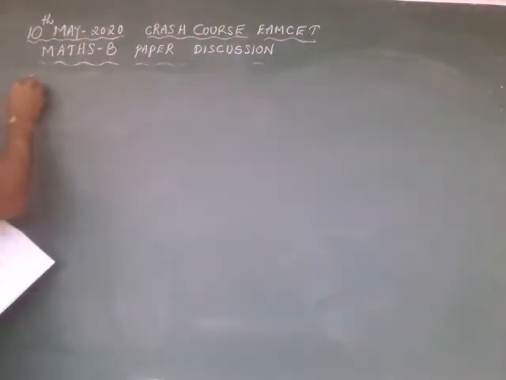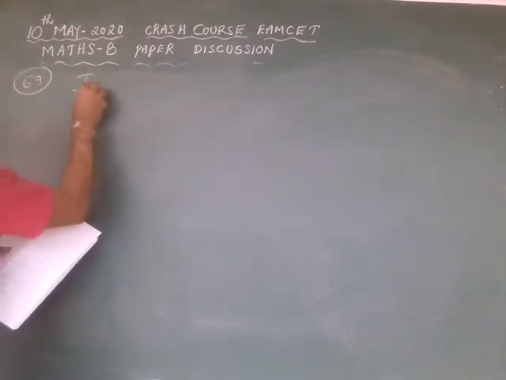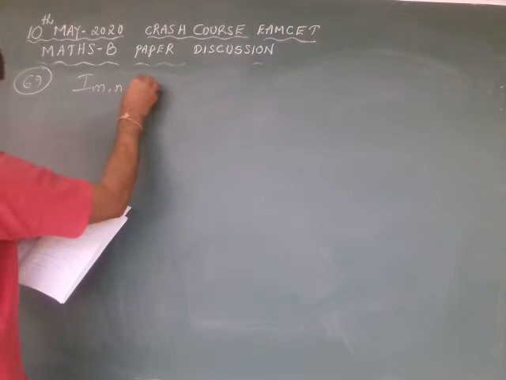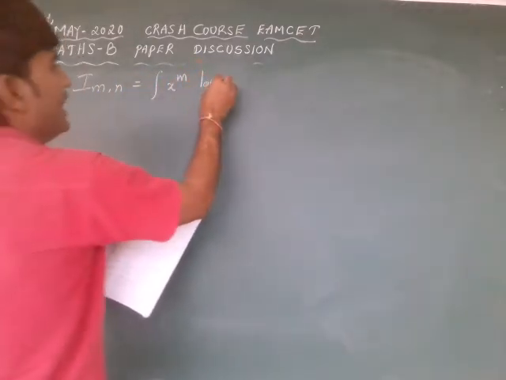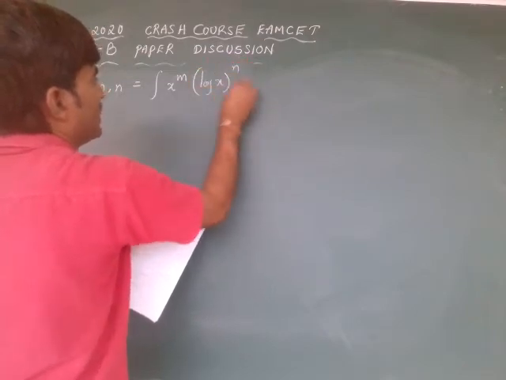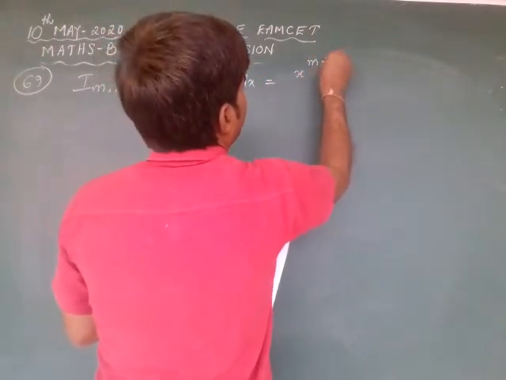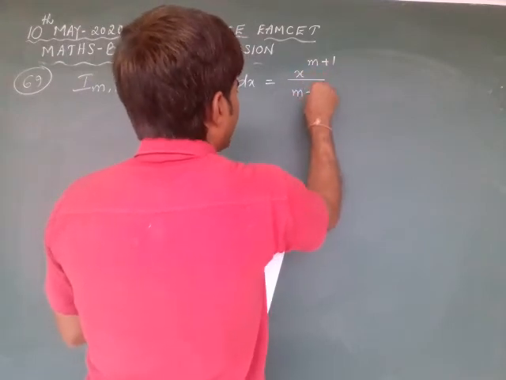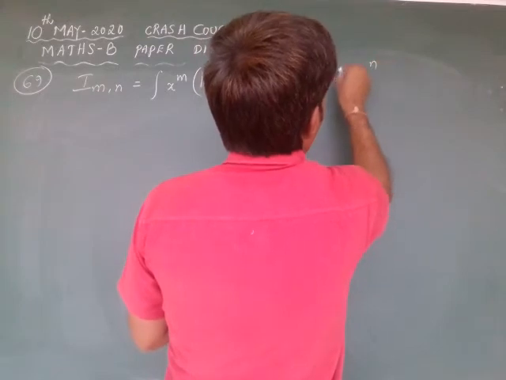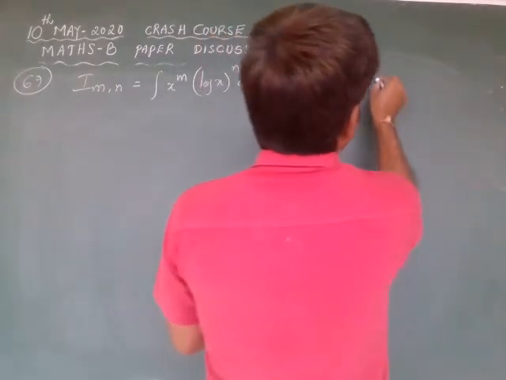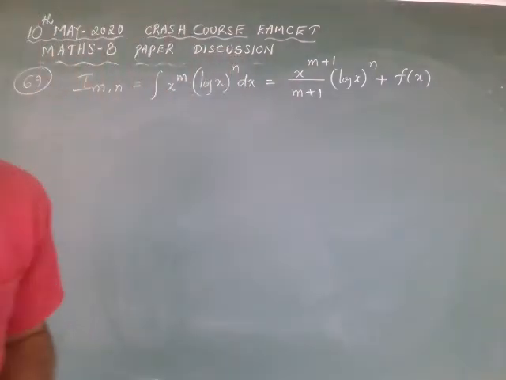Next, 69. If I m comma n is equals to integral x power m into log x whole to the power of n dx is equals to x to the power of m plus 1 divided by m plus 1 into log x whole to the power of n plus f of x, then f of x is equal to,